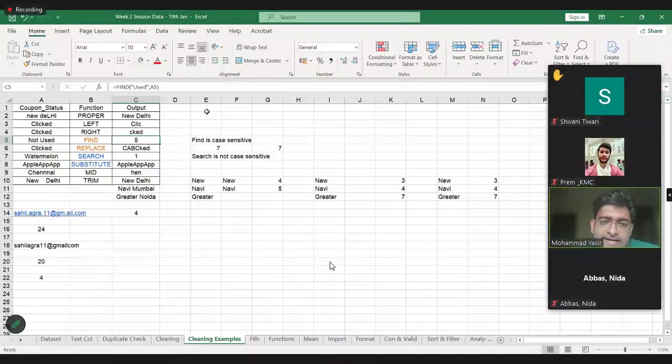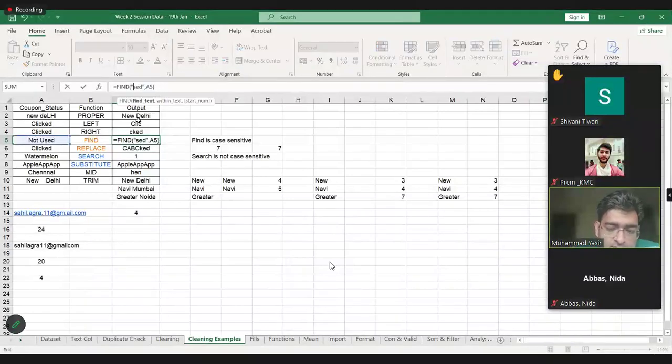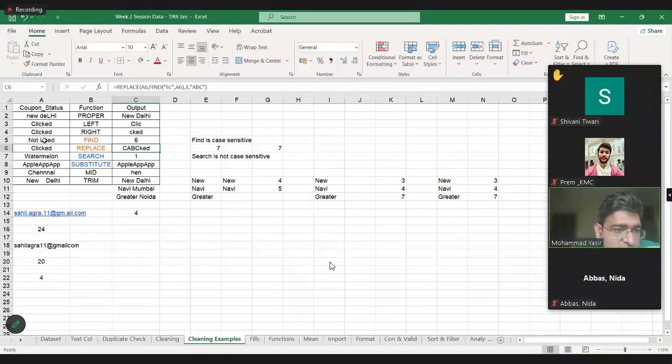If FIND is able to get whatever string we are trying to search, if it actually finds it, it gives the position. If I'm trying SED, S is in the 6th position of this input string.